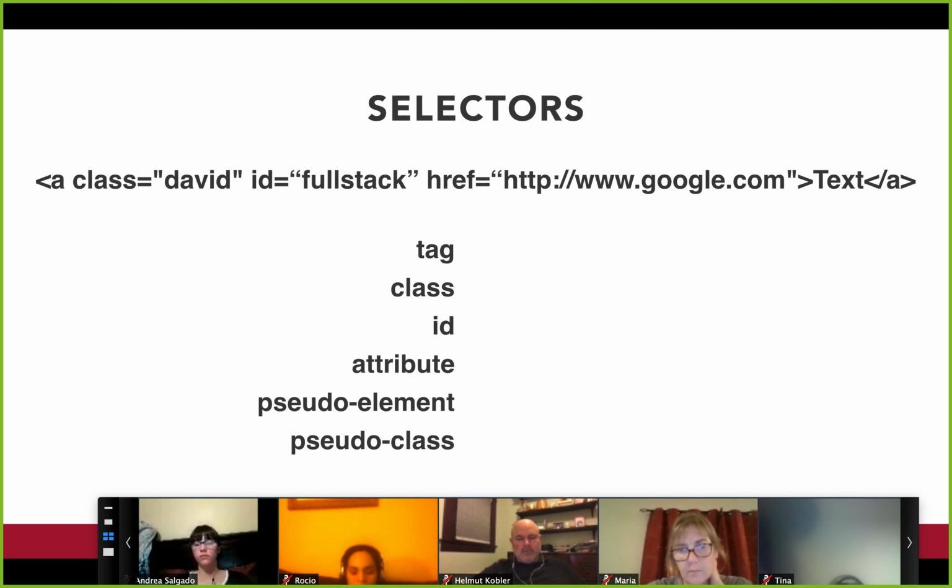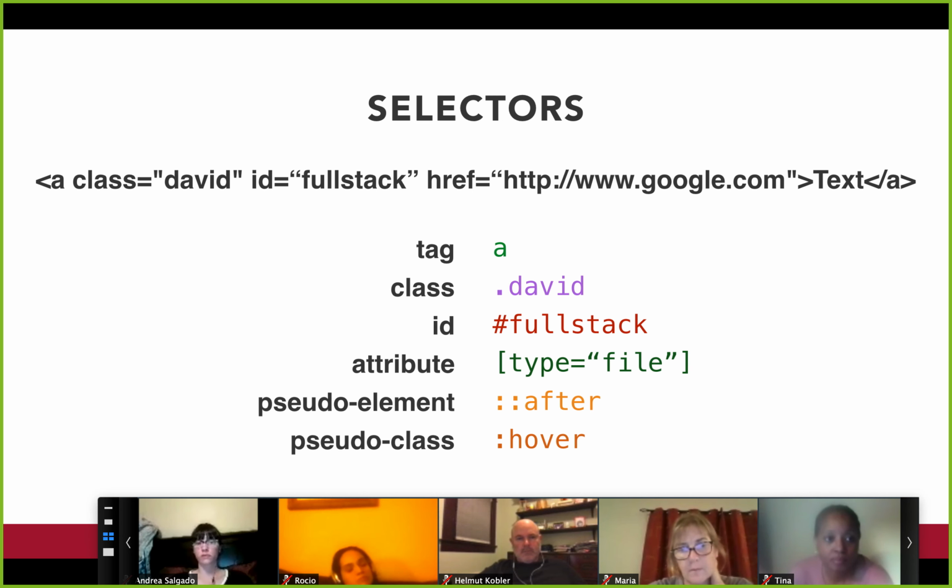So if I want to grab this tag, how do I create in CSS, how do I actually select this tag? Well, the actual answer is pretty easy. We literally just write whatever the tag is called, right? So here, if I'm trying to select an A tag, well, in my CSS selector, so the part that comes before the curly brace,